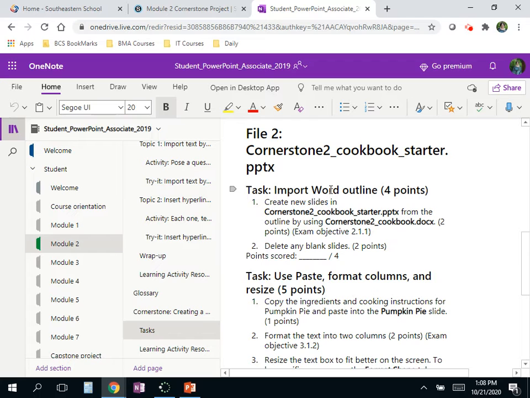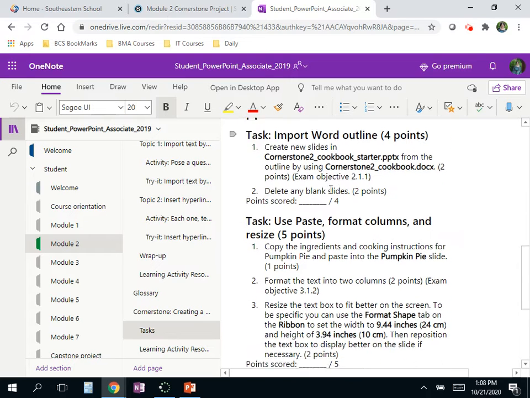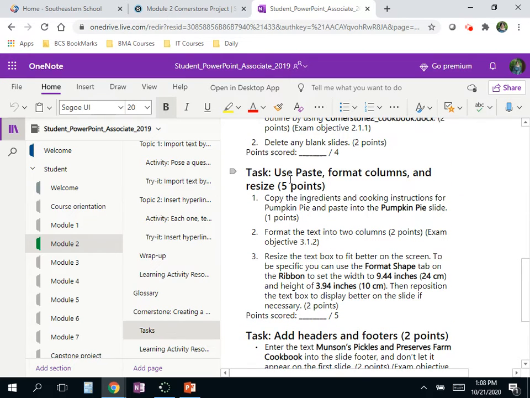So that is task 1 for file number 2. A couple more tasks. Use paste, format columns, and resize. So copy the ingredients and cooking instructions for pumpkin pie and paste it into the pumpkin pie slide. All right, so we now know that we're going to have to open